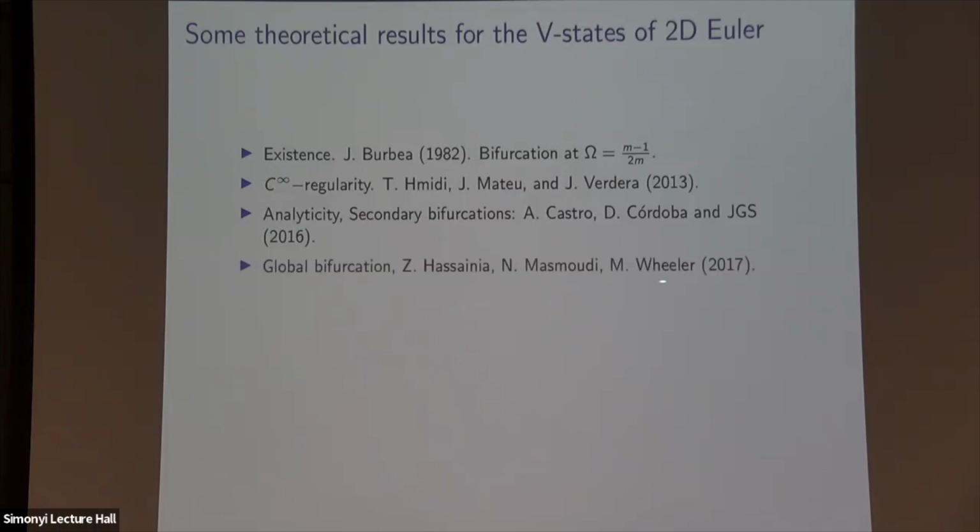Well, Hassainia, Masmoudi, and Wheeler proved global bifurcation. So these three results are local, and they were able to continue the branch until something goes bad, and they have some alternatives as to what can go wrong. And the result is of that sort. So the solution and the branch stays globally until something goes wrong, and there are a couple of alternatives, and they rule out some and they keep some, and that's what they can prove. So we did a similar program in the smooth case, the desingularizing a patch,